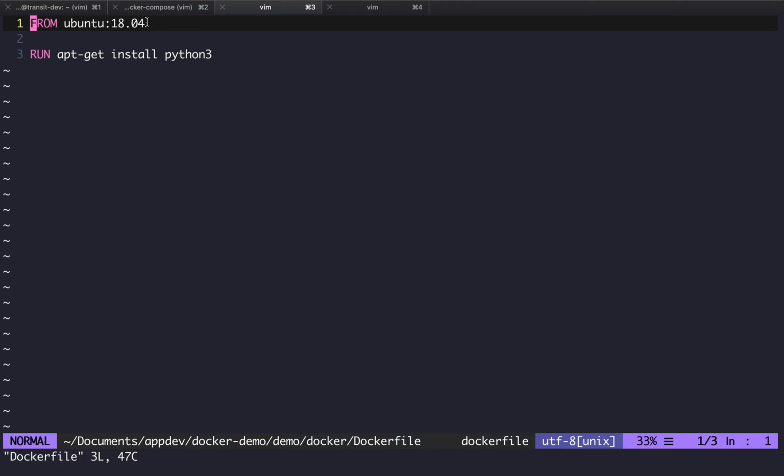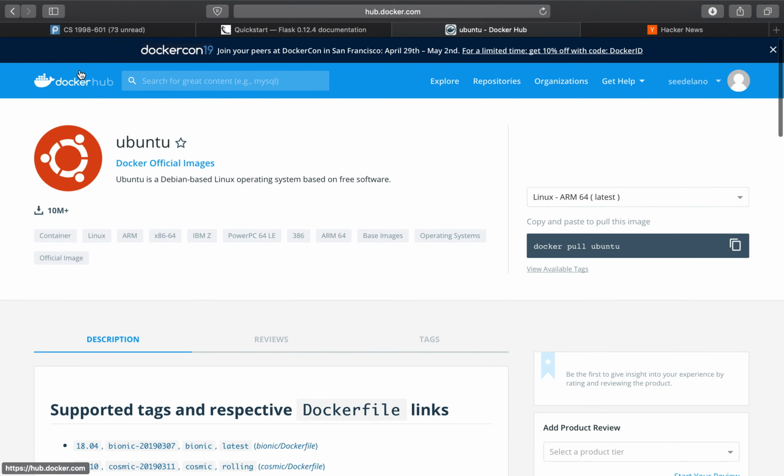So if I just had a Python app, then I can start with this image that we're about to create. But if I want to add SQLite, then I can start from the Python image and just install SQLite. So that's like a base image kind of thing? Exactly, yeah. And you can start from any image that's available here. So Ubuntu, Node.js, Python, they all have official Docker images that you can start with and that they recommend.